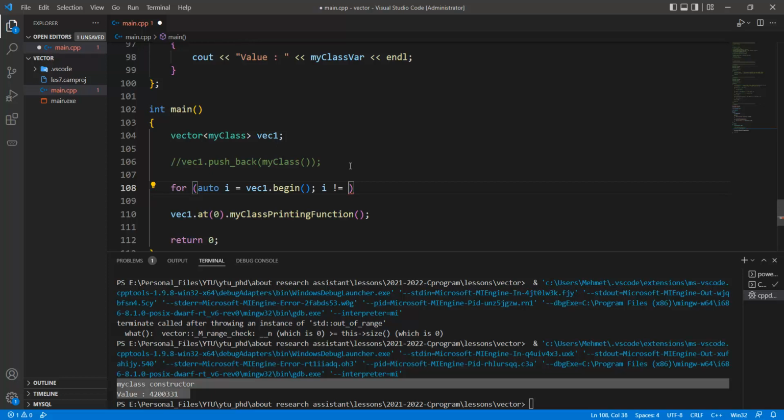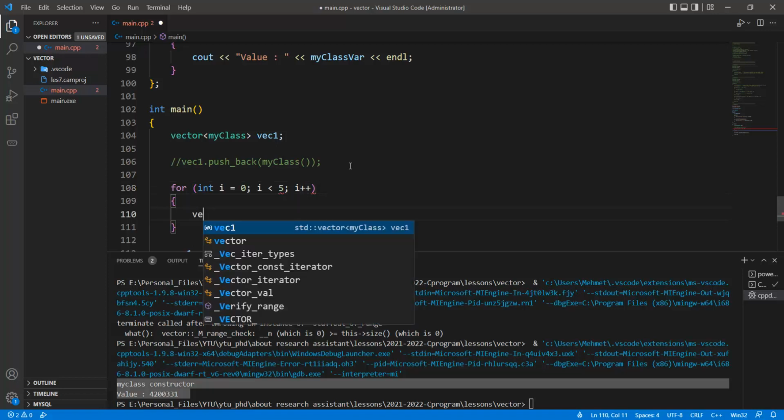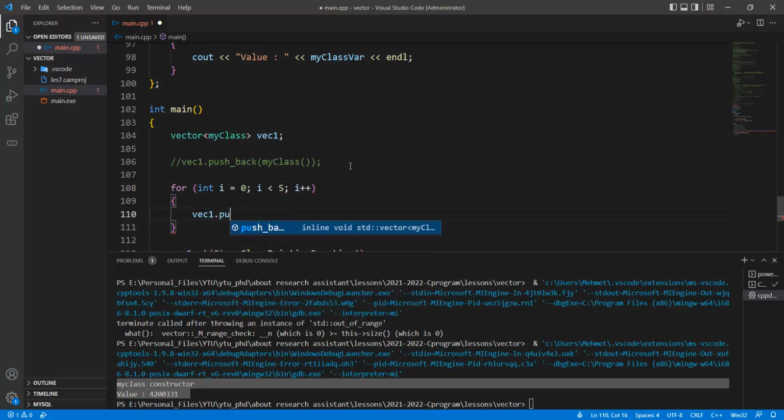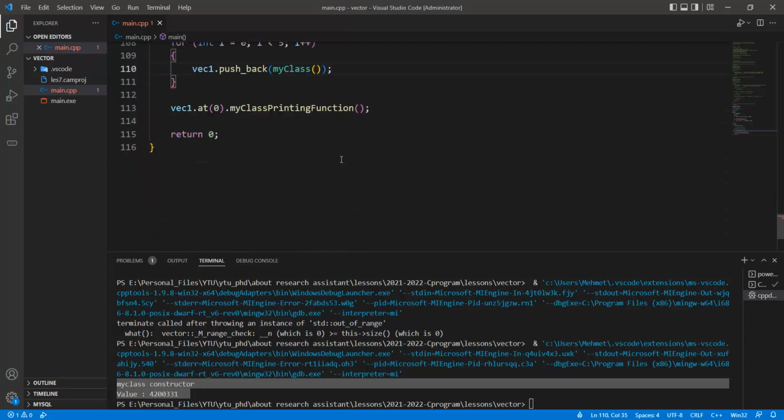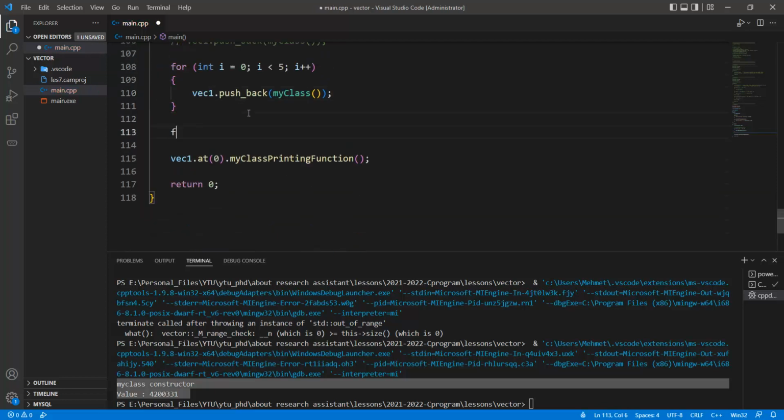But in order to do that, we need to also push back the function blocks, and so int i is equal to 0, 5 elements should be stored at this moment in here like this one, and so vec1 can be pushed back like this code by calling constructor. Okay, and then we can iterate the whole variables in here,